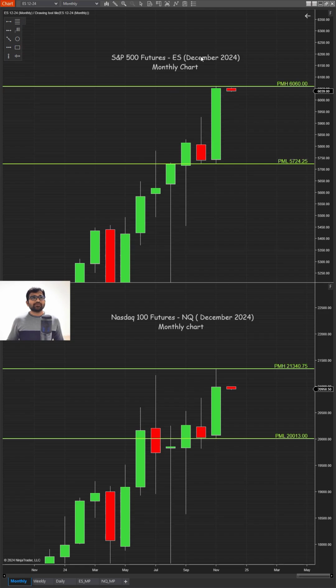Let's start with the S&P 500 futures. The trend has been up as we traded above prior month's high. The November month closed last week above prior month's high, which is October month's high. So the trend has been up. However, the December month has just opened up, and so these are the two main reference levels moving forward for